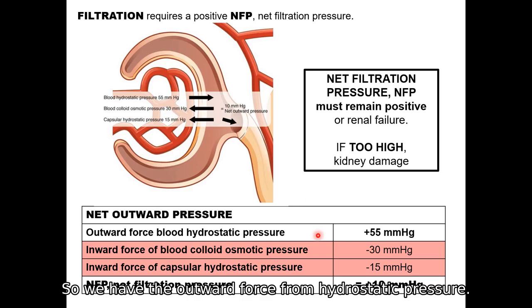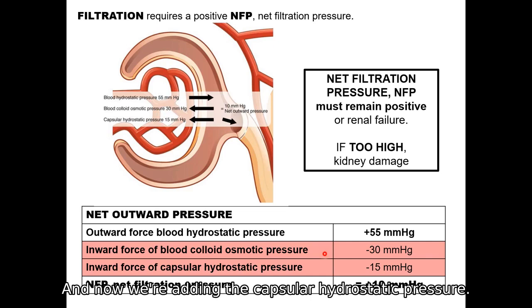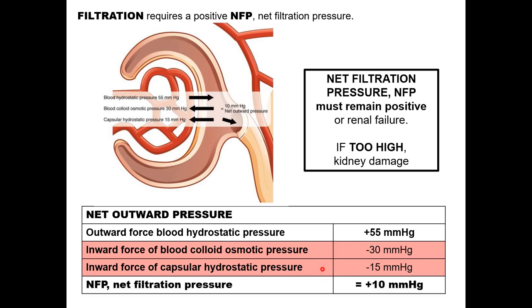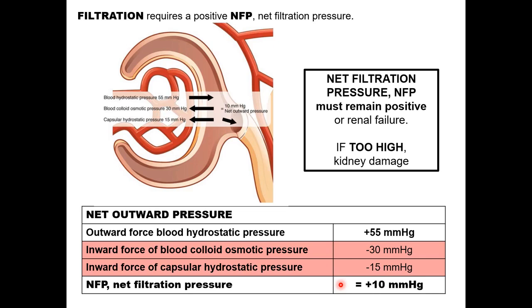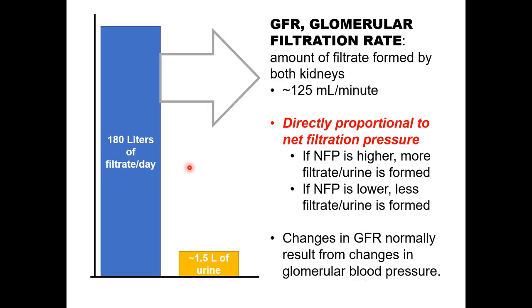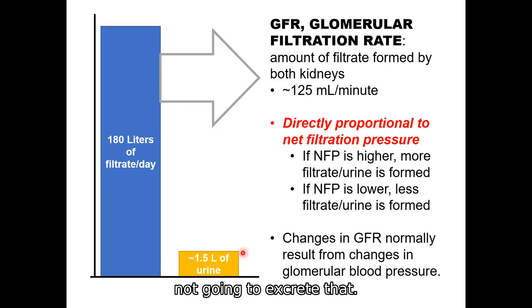So we have the outward force from hydrostatic pressure, we've got the inward pull from osmotic pressure, and now we're adding the capsular hydrostatic pressure. We want to maintain a positive plus 10 millimeters of mercury net filtration pressure. That's perfect. We like that. That's enough to get rid of our wastes, and it doesn't damage our filtration slits. Okay, so it doesn't damage the kidneys. So that's the goal. So we filter out 100 liters of filtrate a day, but we're not going to excrete